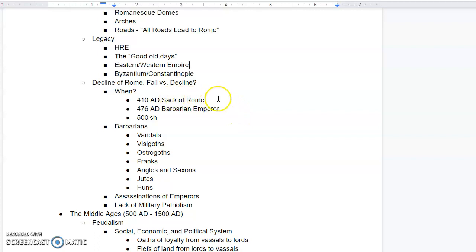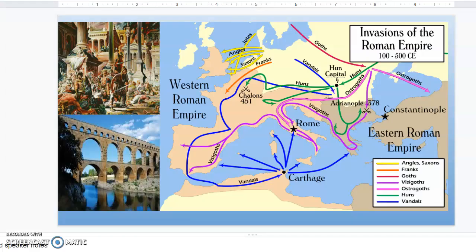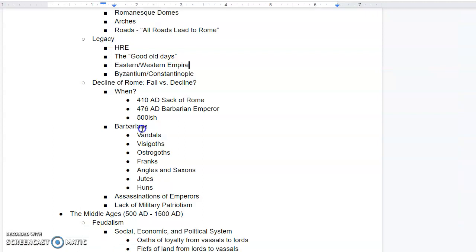In 410, Rome was sacked. A barbarian army had made it through. And I believe the first ones were the Vandals, where we get the phrase vandalism. They were the barbarians who first sacked the city of Rome. And again, rape, loot, pillage, murder, burning, destruction. This was a catastrophic event, but Rome kind of recovered, and they still had other emperors for most of a